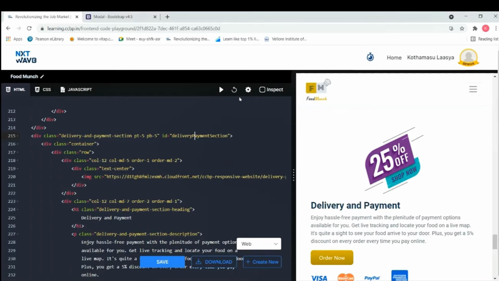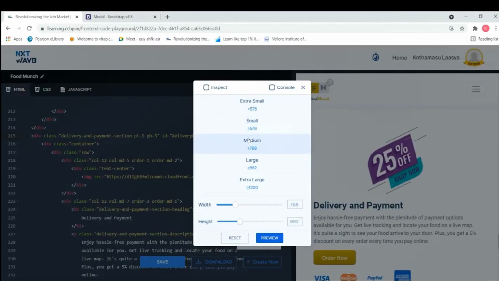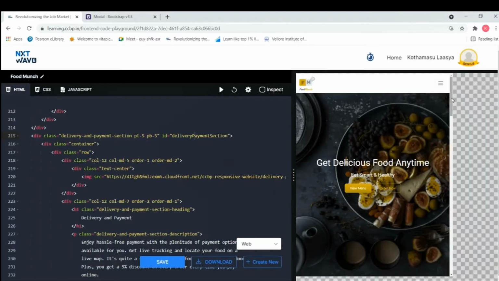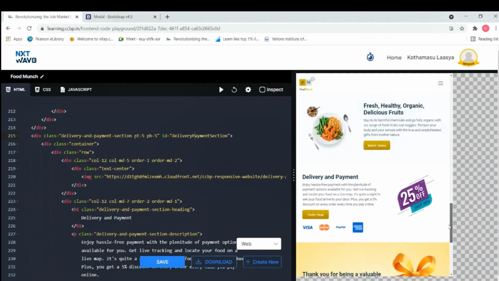And if you see in medium devices, the same delivery payment section will look like this. So here first we have the delivery and payment heading and paragraph, and right to it we have the image. This is because of the order function.